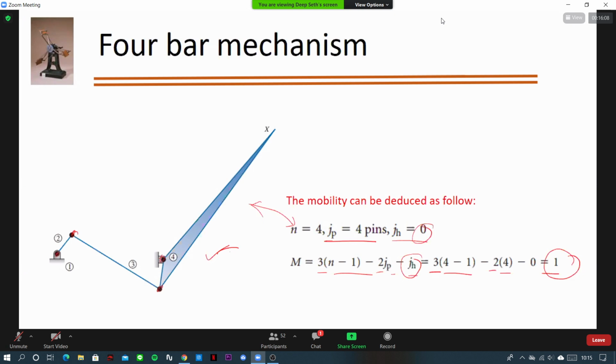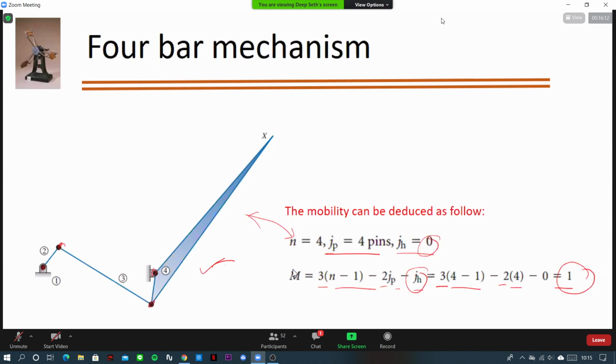Yeah, so this is very simple. So we call this the mobility of 4-bar mechanisms, which consist of 4 joints and 4 links, and you will get 1 degree of freedom. Because a 4-bar mechanism has 1 degree of freedom, it is constrained, or fully operated with one driver.